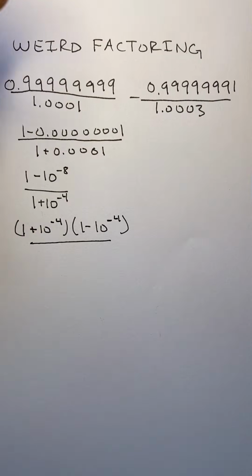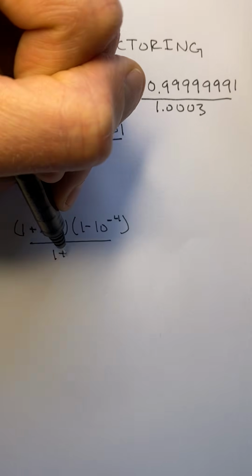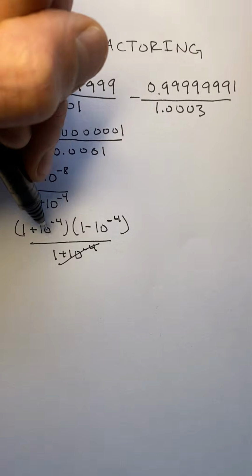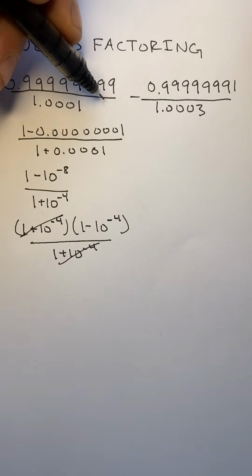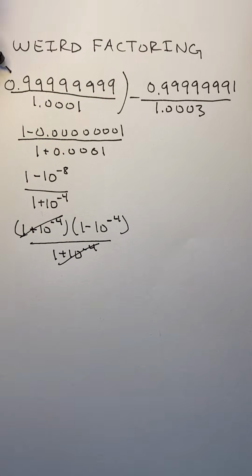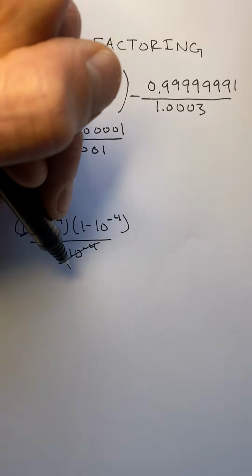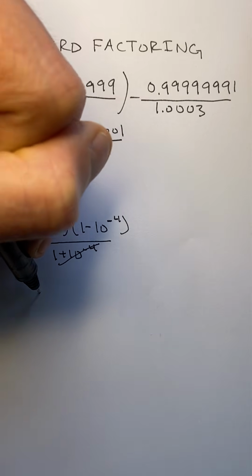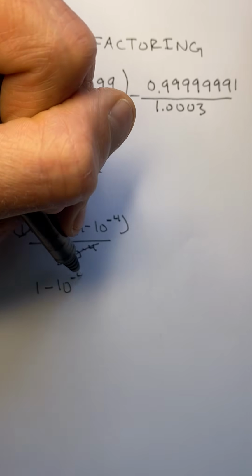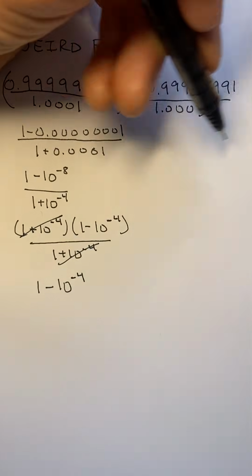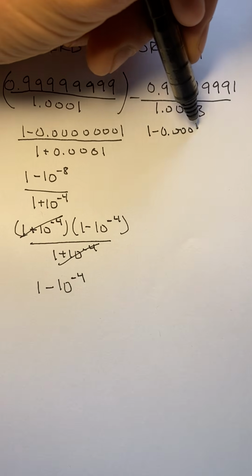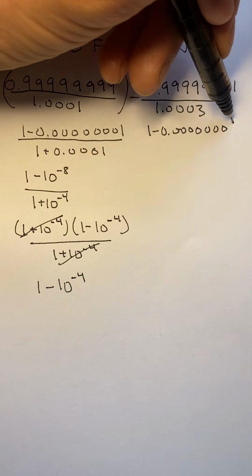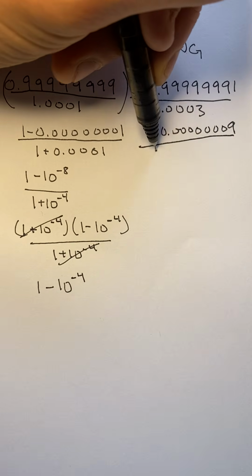And then you're going to see that's 1 plus 10 to the minus 4 on the bottom. This and this simply cancel. And then that leaves, now we're only looking at this part here, okay? That at the end gives us 1 minus 10 to the minus 4. But you follow the same pattern on this side, and that just ends up being 1 minus 0.00000009, okay? And that's 1 plus